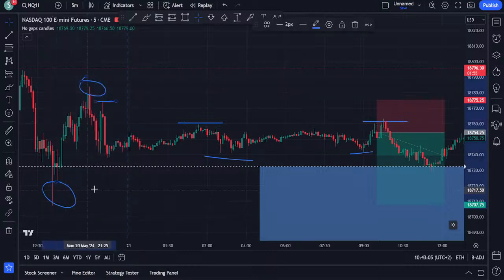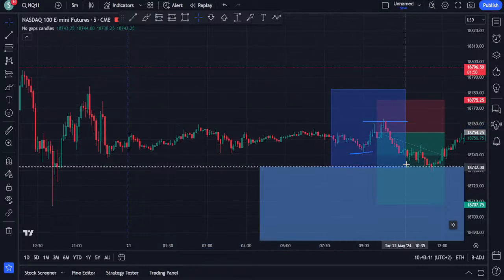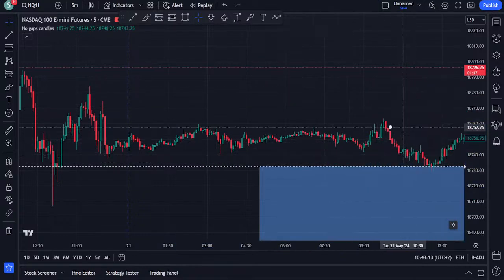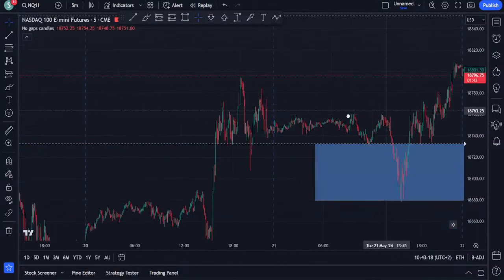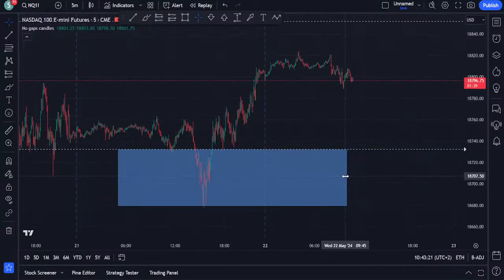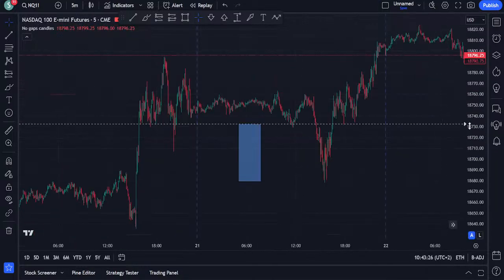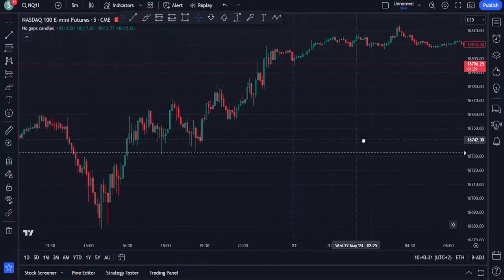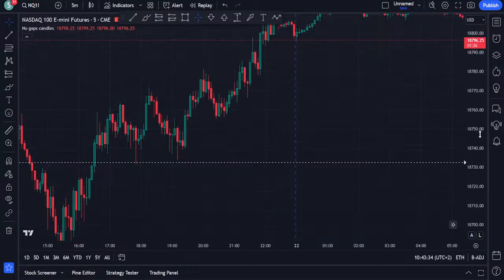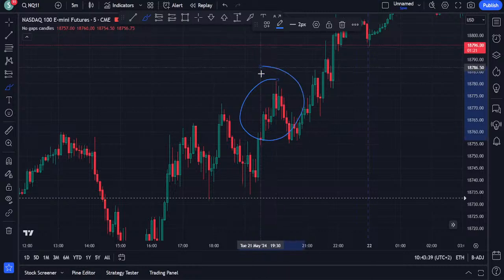Let me remove these things. Alright. Later on in the day. Oh yeah, we need to fix this. I'll sort this block later on. Right. So later on in the day, I added, actually, I thought for whatever reason it was a good idea to short in this area, right? Why did I think this?